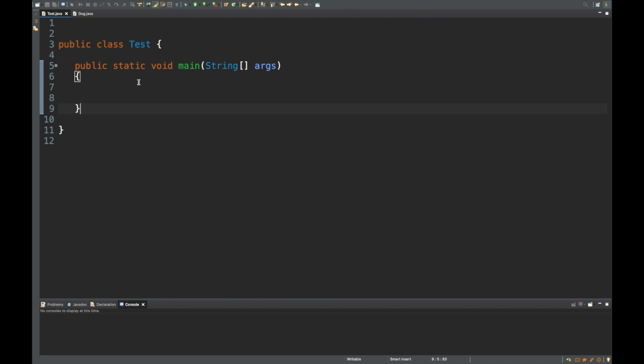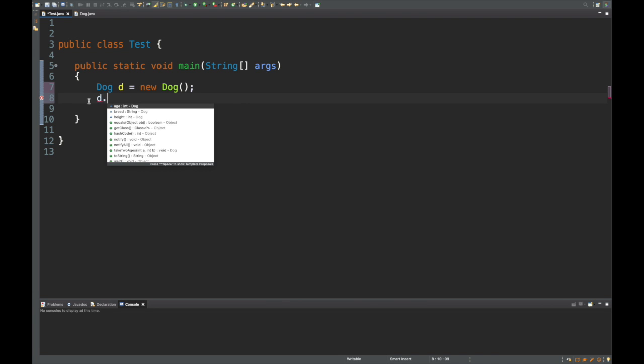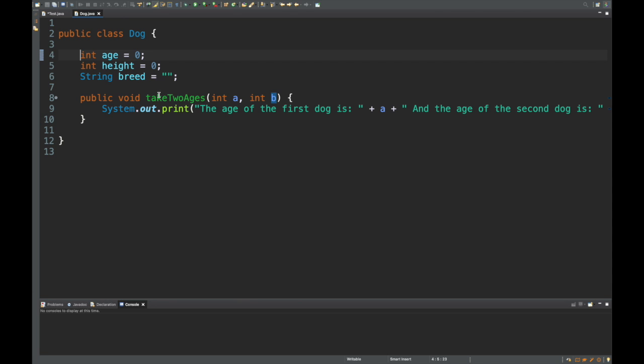Now I will show you an example where I make an instance of the dog class, which is this class right here, and I've gone more in depth about how these classes work and how instances of classes work, and I will leave a link down below regarding object-oriented programming and how this stuff works. But basically, in this case, we are using object-oriented programming. We're using the dot operator, which is right here, and we're basically calling this method right over here,